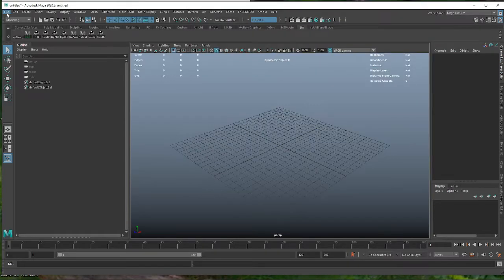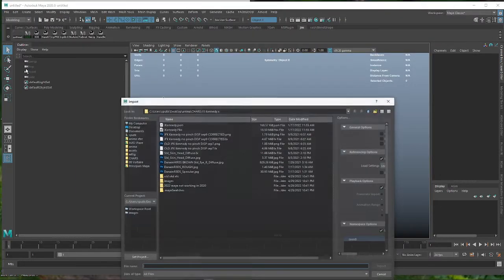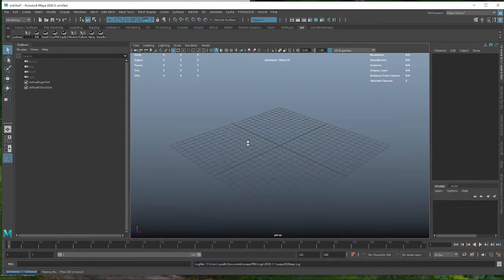Okay, so we're going to quickly go through the process of preparing a character to have hair done from Character Creator 3, so an export from FBX, import, and we're going to create the hair meshes for work in xgen. So the hair meshes are separate scalps for the beard, eyebrows, eyelashes, and head. And I've written code to make most of this process easy, but let's wait till this imports and we'll go